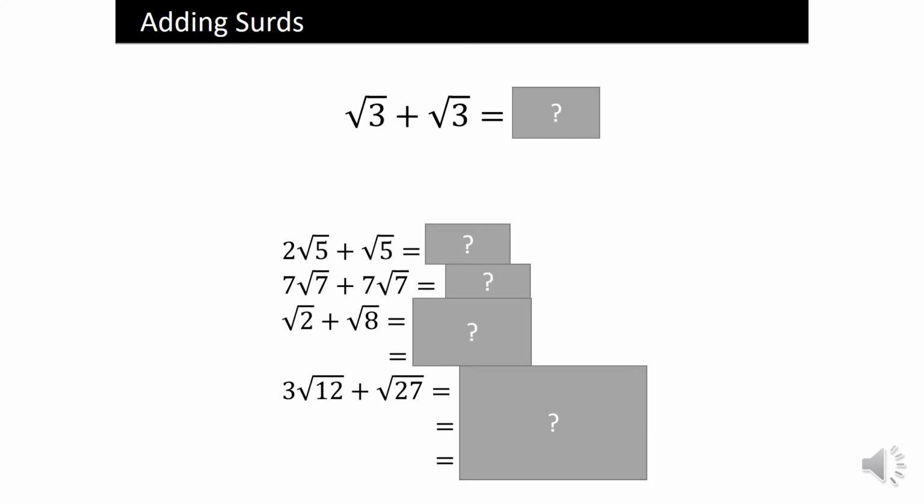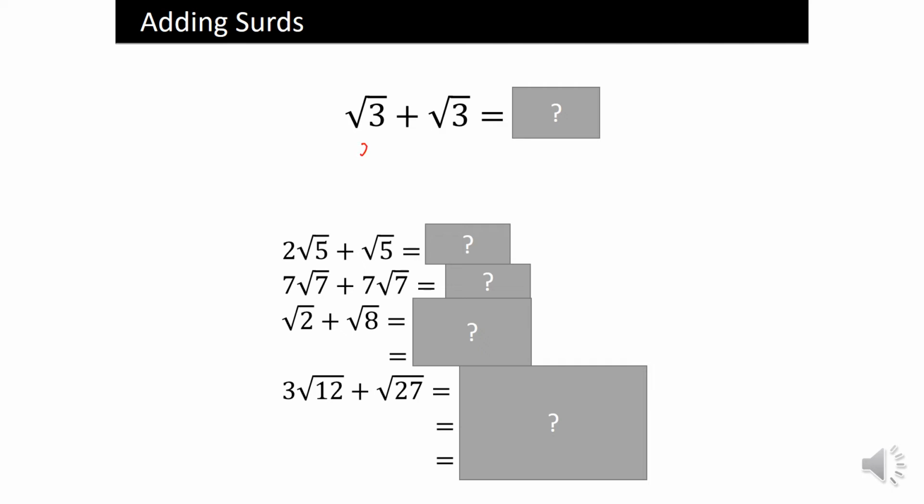Okay, the third skill we need is addition and subtraction. And what's good about this is it's very similar to algebra. So if you're confident with algebra, this isn't too different. You can pretty much just replace the square root bits with x's or y's and then treat it as if it was algebra. So if we've got root 3 plus root 3, what I want you to instead think is,